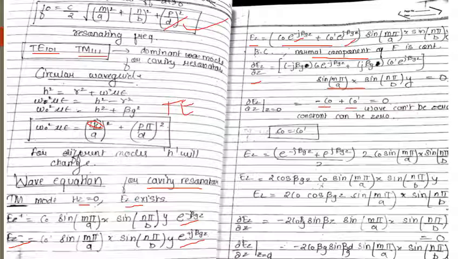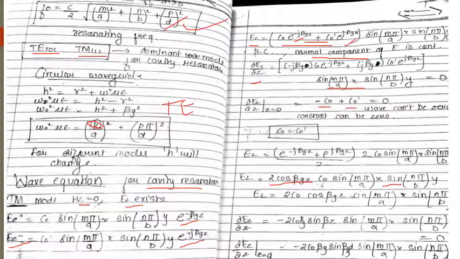So when I am dividing and multiplying it by 2, it becomes a cosine factor. On solving, I get the equation as C naught sin m pi by a into x sin n pi by b into y into my main hero, this 2 cos beta g z. Till now, we have applied the condition of z equal to 0, but we have not applied the z equal to d condition. Remember the boundary conditions at x equal to 0, x equal to a, y equal to 0, y equal to b, z equal to 0, z equal to d.